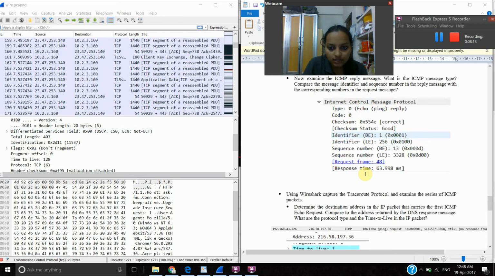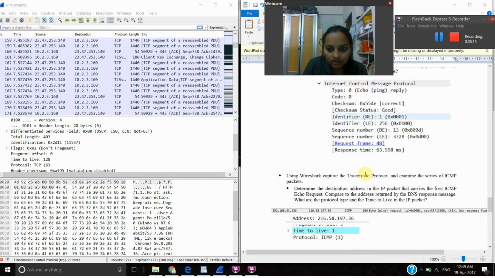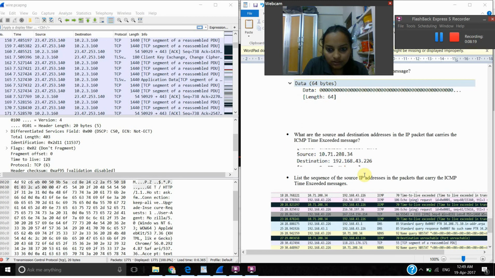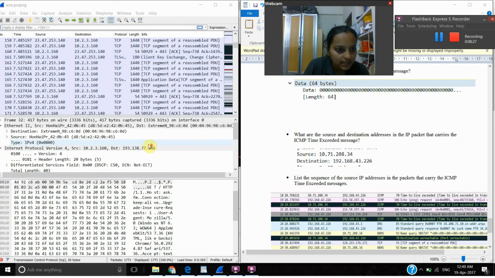So here the next one is what are the source and destination addresses in the IP packet that carries the ICMP time exceeded message. So here the source and the destination, it shows that the source address is 10.71.208.34 and the destination is 192.168.43.226, and then